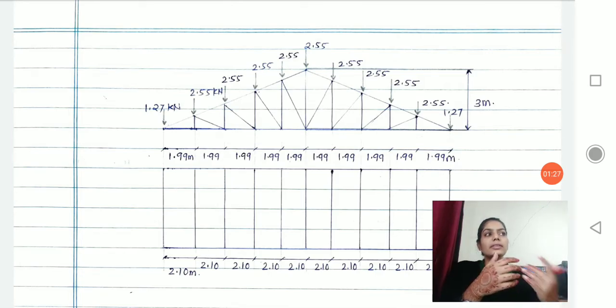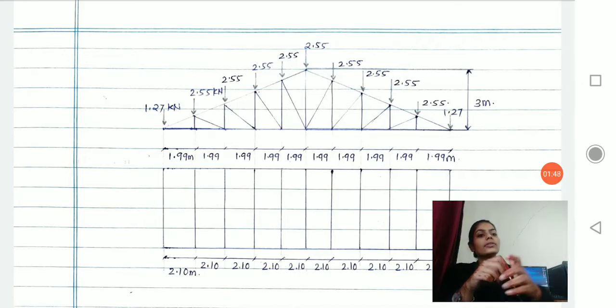Human beings living within that residential, commercial, or whatever structure you are designing apply a live load on our structure. So how to calculate live load, what is the purpose of taking wind load on a structure, and how to go for its calculation, that we are going to discuss here.